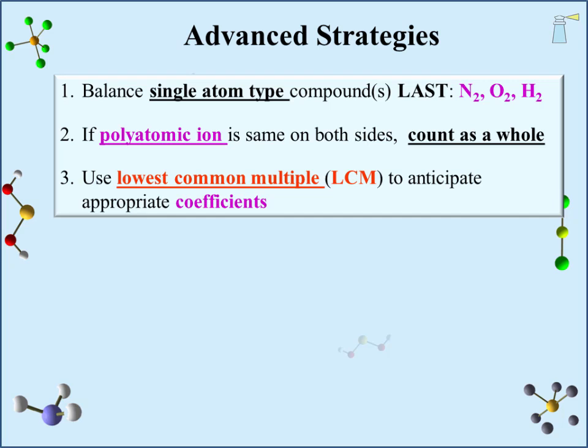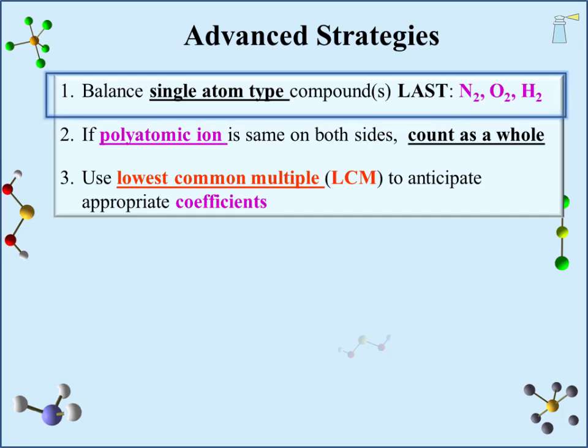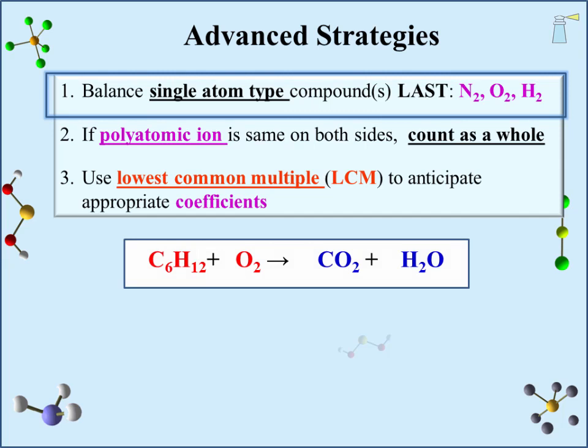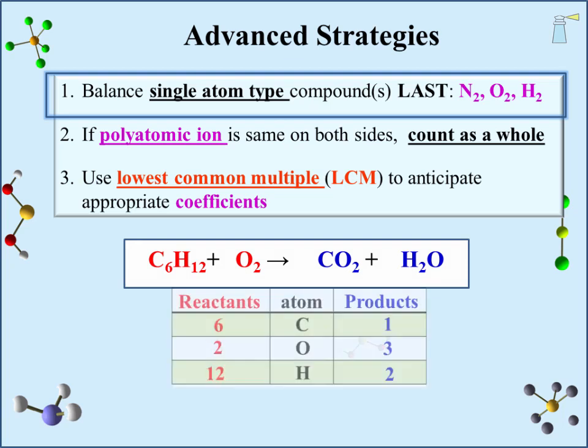Let's look at each strategy in turn and develop the logic behind it. Starting with the first one. The equation used to explore this strategy is the combustion of a hydrocarbon called cyclohexane, C6H12. It reacts with O2 to produce CO2 and H2O. A look at the reactant and product tallies for the three atom types in this reaction shows all three to